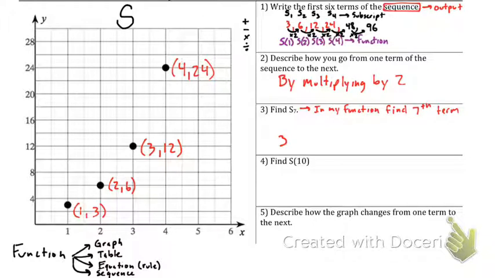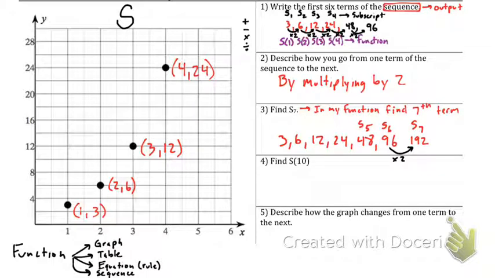So it's 3, 6, 12, 24, 48, 96. Okay, so this is S5, S6, and we want to know S7. So to do that, we just use what we answered in part 2. We're just going to get the next guy, we're going to multiply by 2. So again, if you're not cool with multiplying these big numbers, get your calculator out. Okay, and if you do this correctly, S7 should be